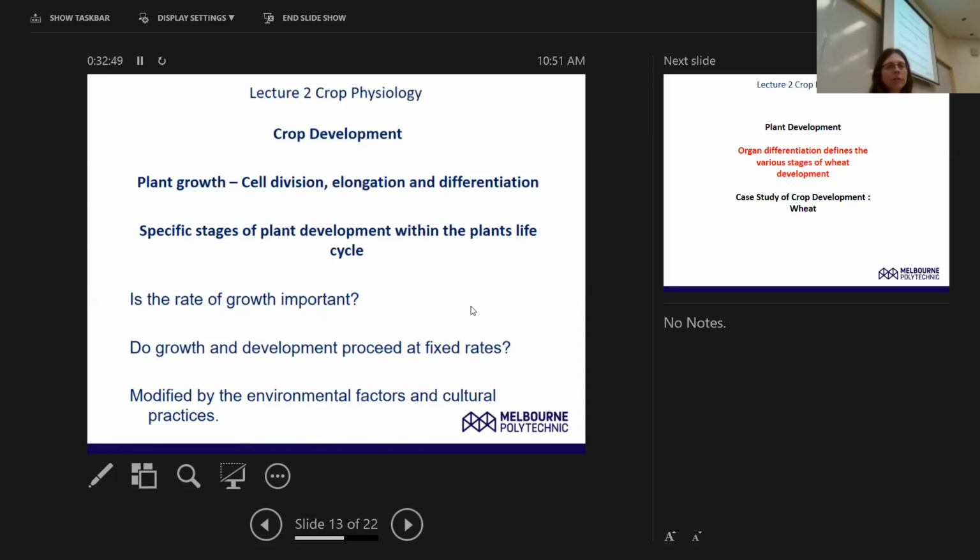And just touching finally on this topic about development, it's modified by environmental factors, which we're beginning to learn about, and we will learn about in a bit more detail. But there's also management factors that can influence how your plant can grow. And your management factors can promote plant growth, but it can also, if you get it wrong, inhibit plant growth. So an example of that, let's say you're growing pastures, and let's say you put your horses, your sheep, or your cows too long on the pasture. Then that would be a negative